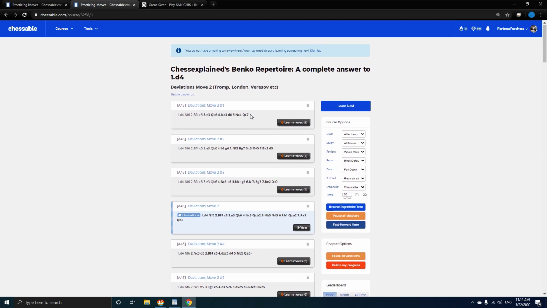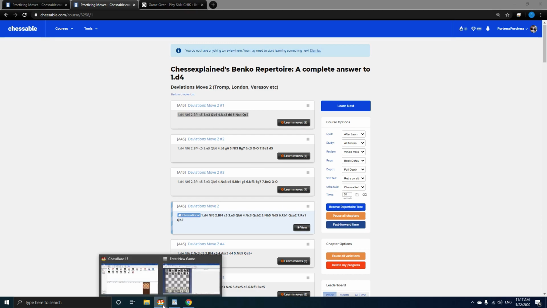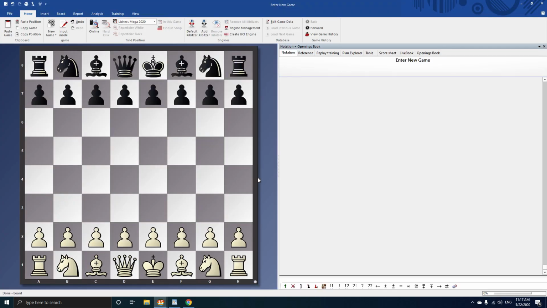On the first line, we're going to put our cursor right next to the very last move, and we're going to triple click the left mouse key, which should select the entire line, and we're going to hit Control C. Now we're going to go back over to our board and hit Control V,